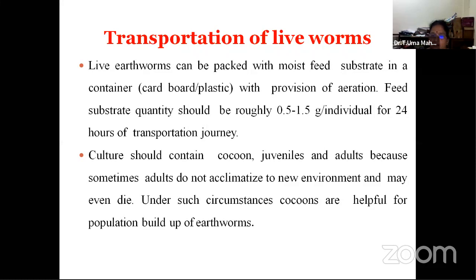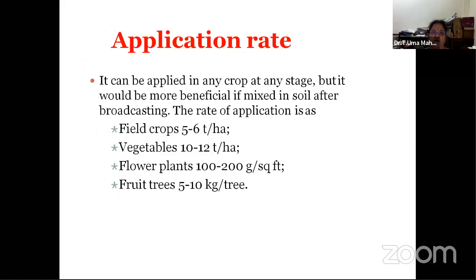are much better for starting the vermicompost, because of how vermicompost is produced. The young ones will start feeding and grow for 50 days. During that period they eat and they excrete. That is the vermicompost. So we need more juveniles. Otherwise, adults will have a clitellum and produce the young population. That is also useful. So a mixture of cocoons, juveniles and adults is always good. We have to be very careful while transporting live worms.